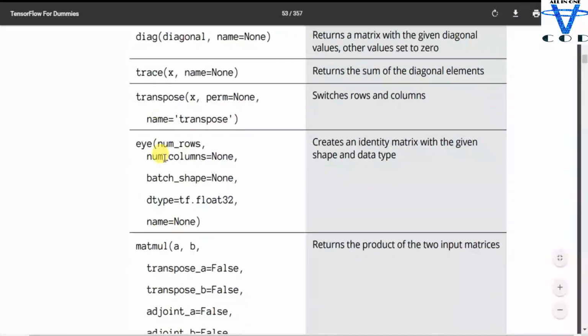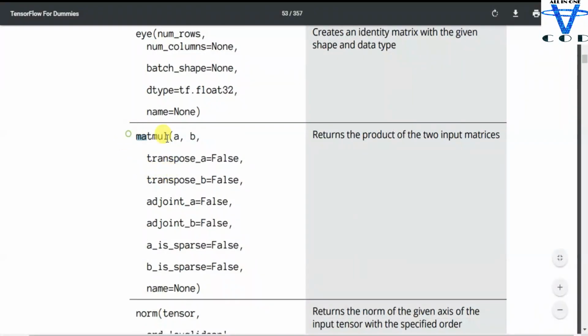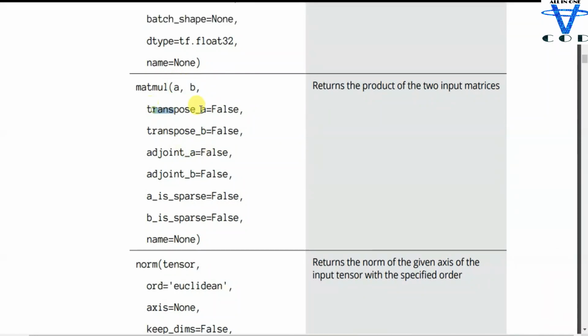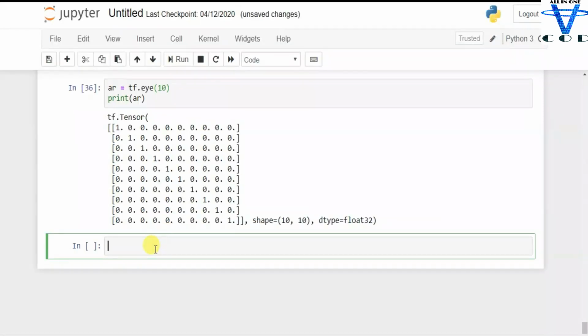Okay, so the next one is matmul. It returns the product of two input matrices. Now you can see in here we have to pass A and B, but the parameters in here you can see transpose A, transpose B, adjoint A, adjoint B, A is sparse, B is sparse. You can do this too, but I'm gonna only show you A and B. Let's try.